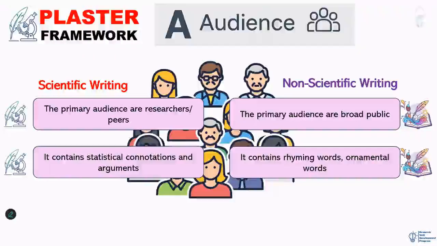Okay, so please do not consider that my audience will not understand. They understand it very, very well. But in non-scientific writing, they will be writing quite ornamental words, rhyming words, all these things. But here, it's a very, very structured writing process. So even if we are trying to communicate it is statistically significant, we should not write it that way. There is a way to write it, that we make a statement. In that statement, if we say that it is statistical significance, we write unnecessarily.